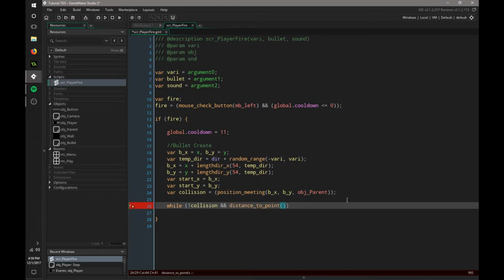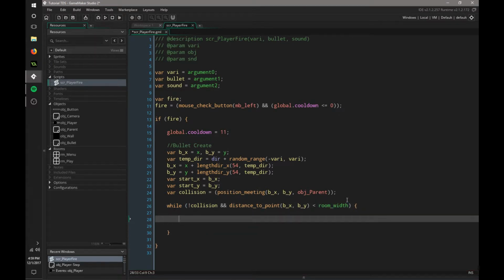And then we're going to use our bx and by is less than room width. So if it's not outside of the room, then inside here we're going to say bx plus equals length